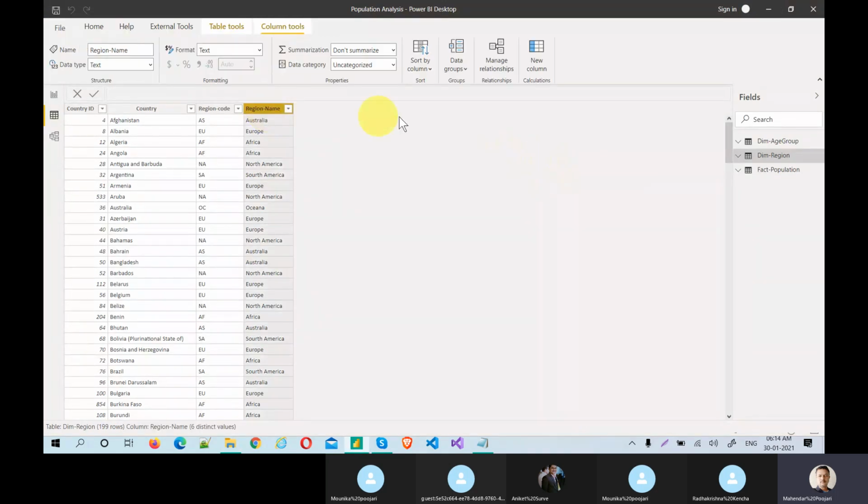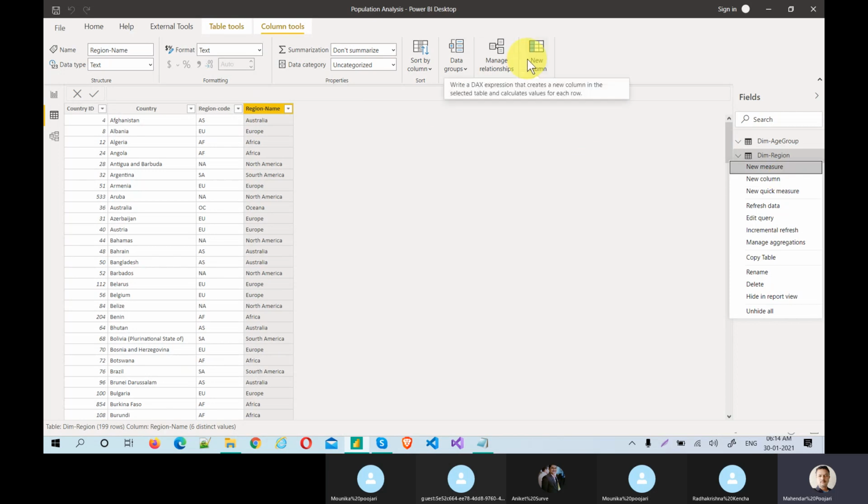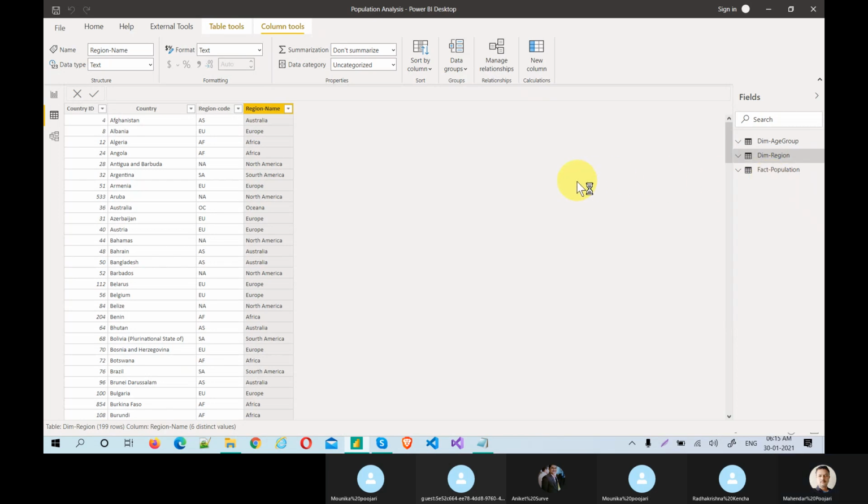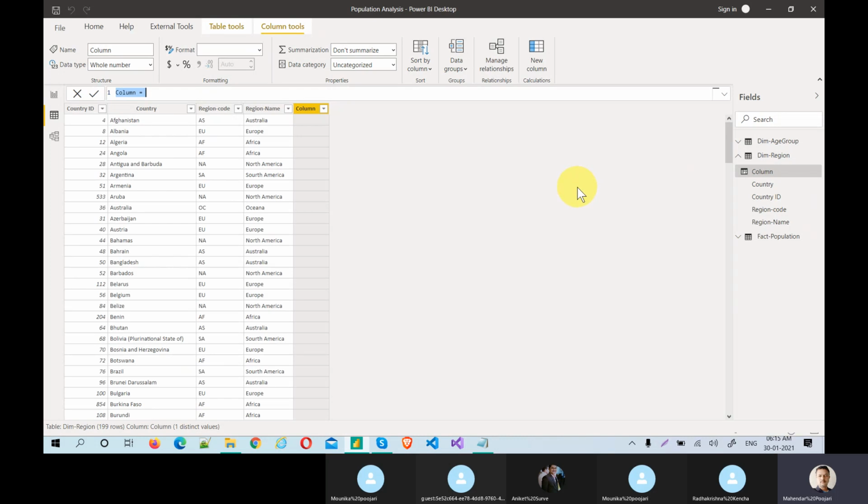Now let's create the column. So how to create a column? Simple. You can create a column, you can create a measure. Anything is possible from here, also from here. You have to select any column so that column tools will come. Otherwise, you can go to the three dots in the table, new measure or new column. Let's click on this new column. Power BI will give you multiple ways to achieve one task. It has multiple options. Automatically it will give the column name.